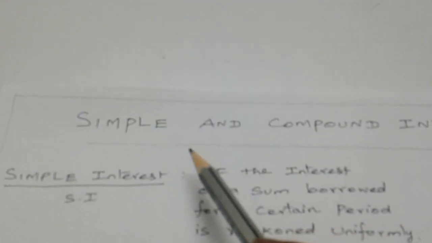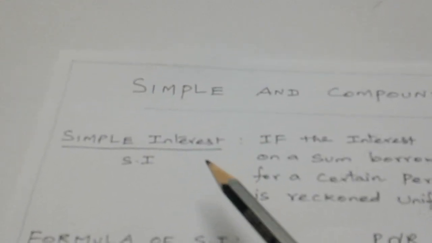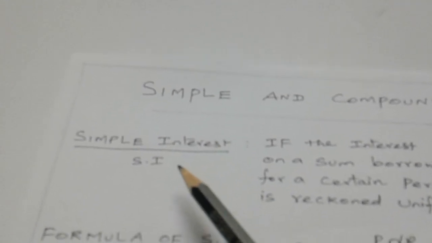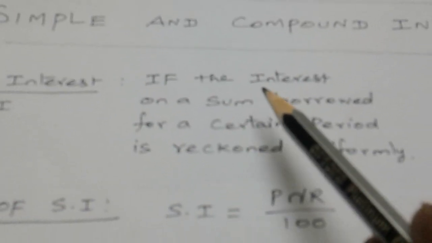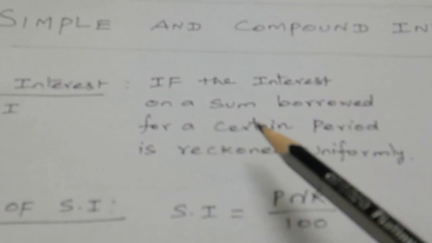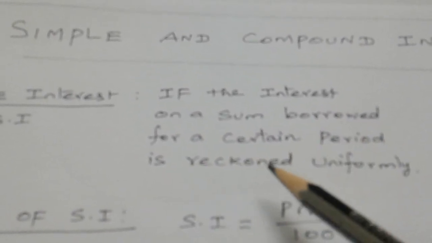Let us see simple and compound interest. First, we discuss simple interest. In short form, we write simple interest as SI, which means the interest on a sum borrowed for a certain period is reckoned uniformly. The formula of simple interest is